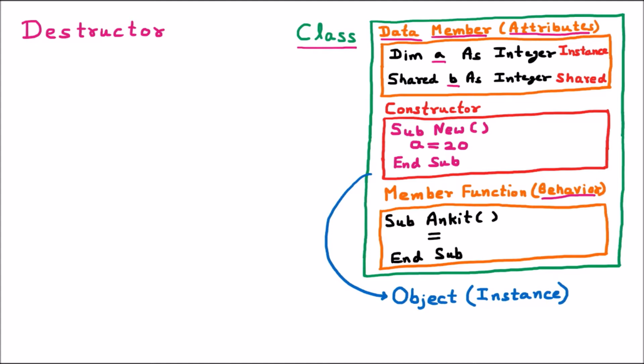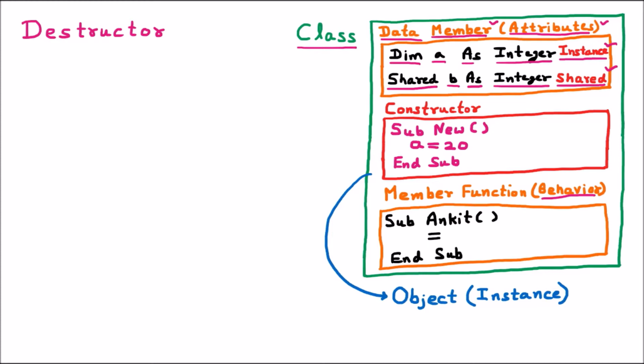We should understand that there are two types of data member. One is the normal type, just like Dim A as Integer. Now they are called instance variables. And there are a few variables which are of shared type. Whenever we use the Shared keyword before that, it indicates it is a shared variable. So Shared B as Integer, these are the shared variables. So these two kinds of variables, instance variable or shared variable, which we declare, are called the data members, or the short name is attribute.